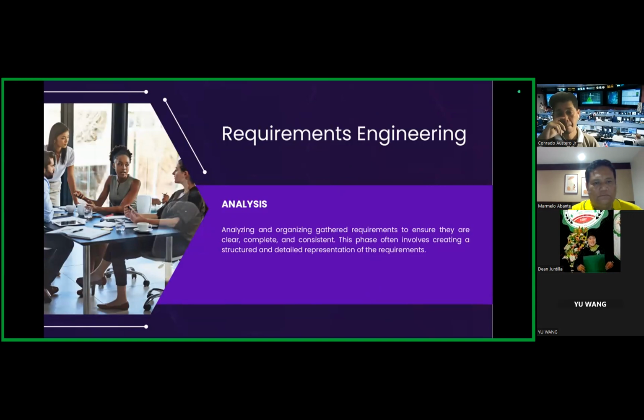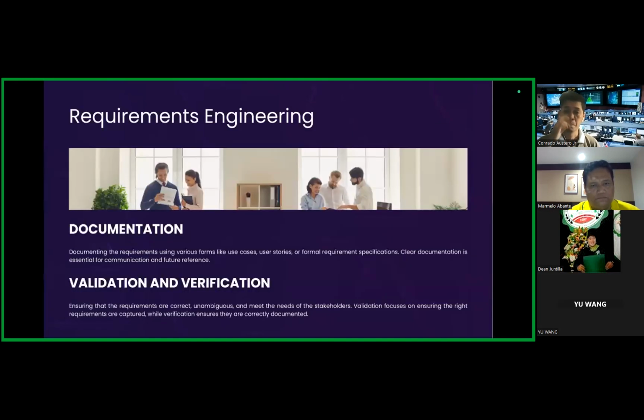This phase involves sorting requirements. It is very much a brainstorming and gathering of collected data in the requirements engineering process, which leads us to the next phase, documentation, whereby all of the conclusions and all of the information gathered will be documented, all the requirements, using various forms like use cases, user stories, or formal requirement specifications.